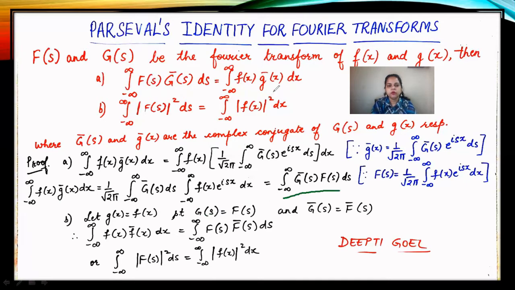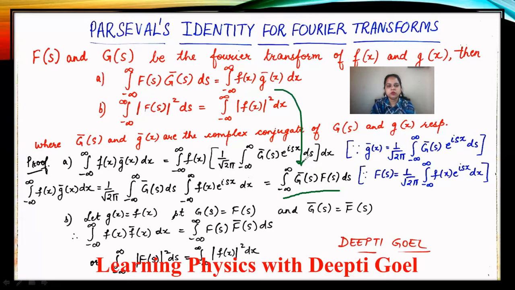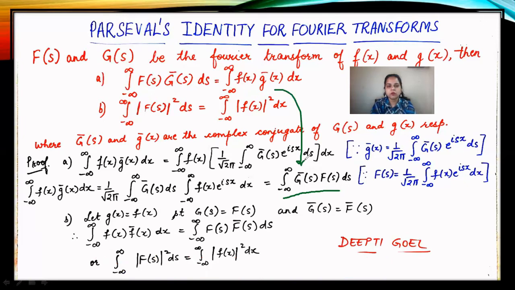So we have proved the first part of Parseval's identity, that the integral from minus infinity to infinity of f(x) g bar(x) dx is equal to the integral from minus infinity to infinity of g bar(s) f(s) ds. Looking at the second part of Parseval's identity, we don't find any g(s) or g(x) or conjugates of the functions. So it means that since there is a square of the functions involved in the statement